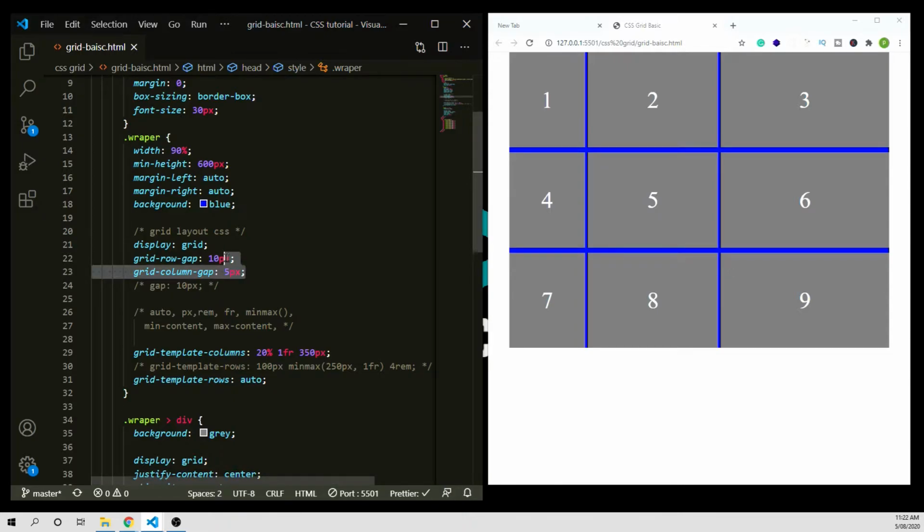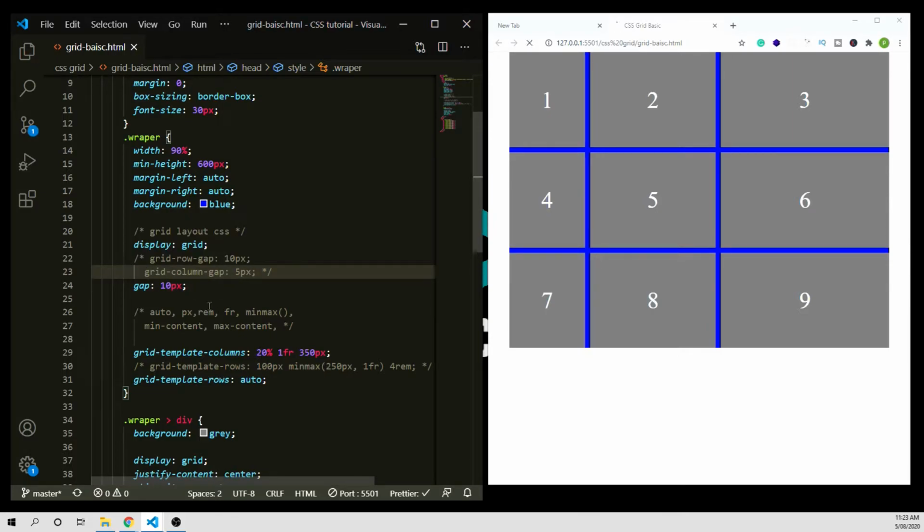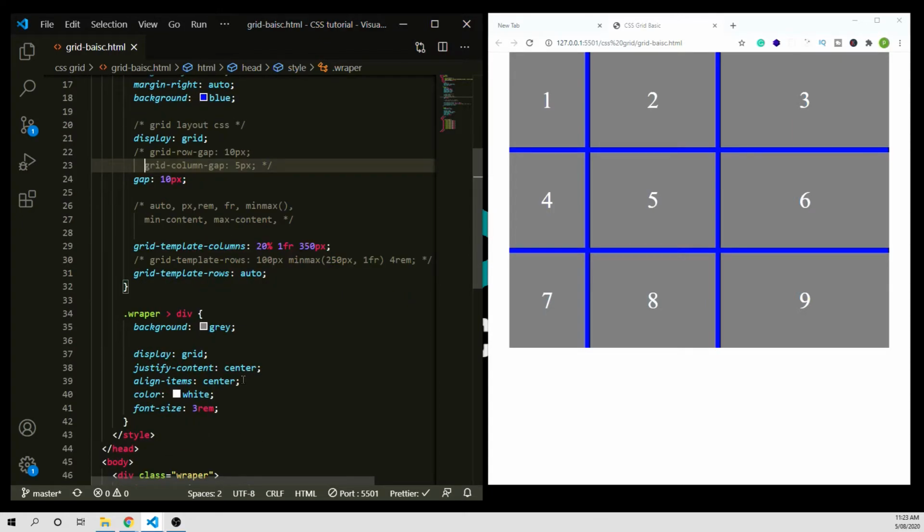And also I told you that you can combine, first the row and then the column. Let's say this time make it 20 just for fun. See, now you can manage the space in one property. So since we just want combine, we just leave this one. I just wanted to show this one. Okay, that works. The next we are going to look into is